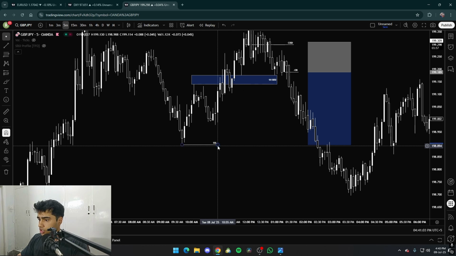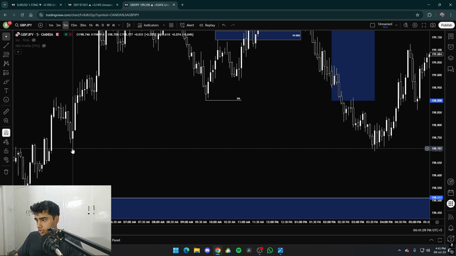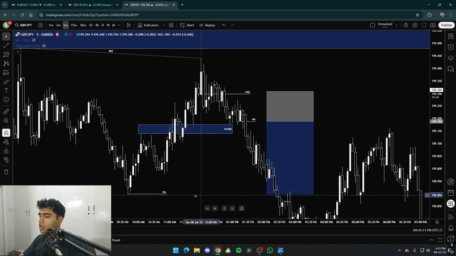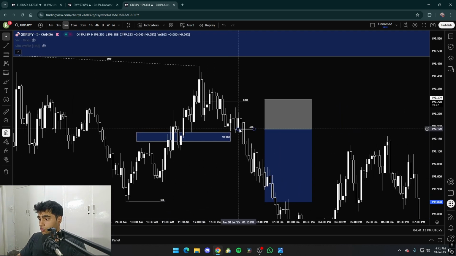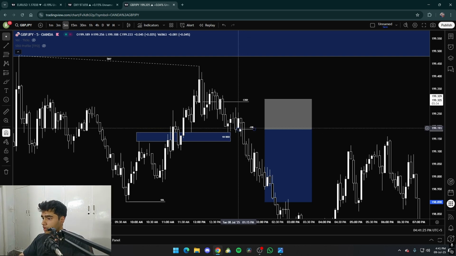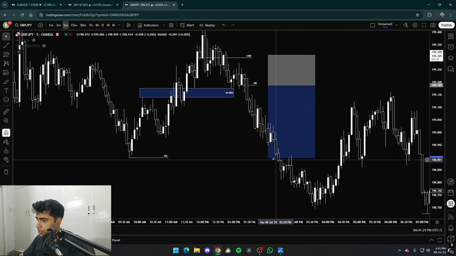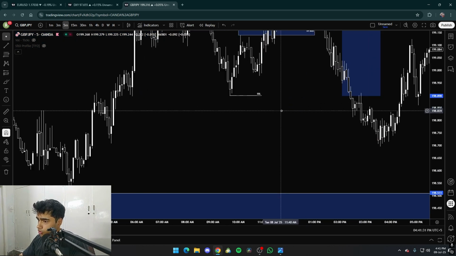This was my initial take profit, but I could have went for this one as well. I was waiting for a retrace to this 5-minute order block, which we never got. No retrace. I could have entered on this SIBI right here too, but I was waiting for a retrace to this 5-minute order block, which we did not get, and price ended up dumping and hitting both of my take profits